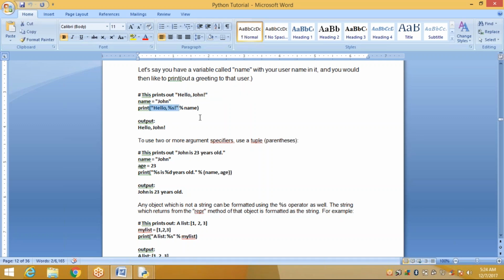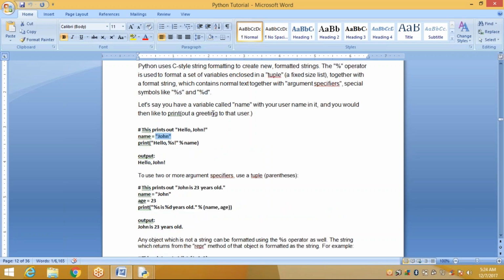You can type hello, after that the %, and John is assigned to name. So when you print it, it displays hello John. So you are using %s or %d like this. We call these argument specifiers.